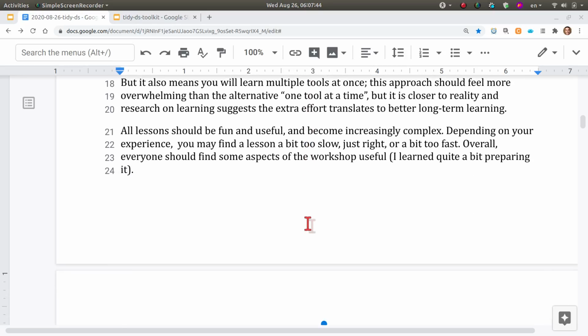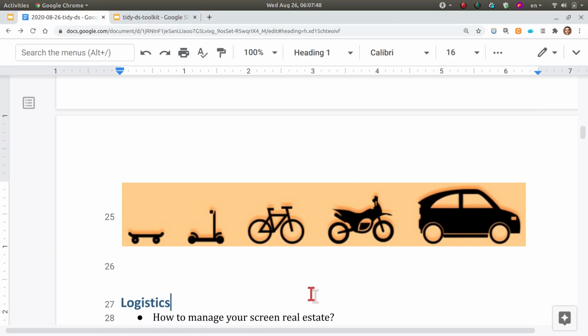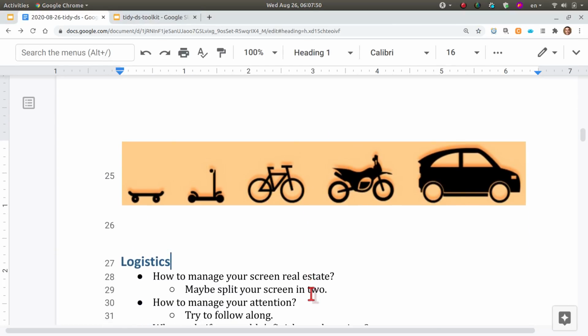Feel free to jump in, to drop as you like. Also, if you find that the lesson at the moment is too slow for you, you may want to just go ahead and do other things. I do appreciate that some people might have their camera on because it helps teaching, but if you want to do your work because this lesson is not very useful for you, it's totally fine if you just want to keep it in the background and do your thing. In that case, of course, turn off your camera so that the rest of the people don't get distracted.